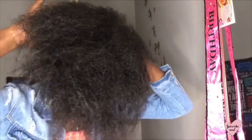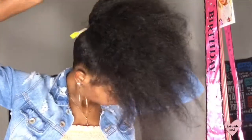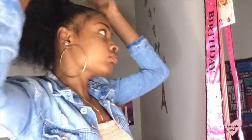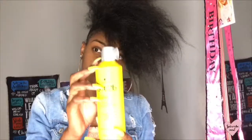So now I'm just brushing my hair up after I put it in one and everything. Y'all, that's why I don't do my natural hair like that. Look at my hair. It's just so red. Now I'm gonna use the Gotta Be Olden spray and spray my hair just so I could have a formal hold,